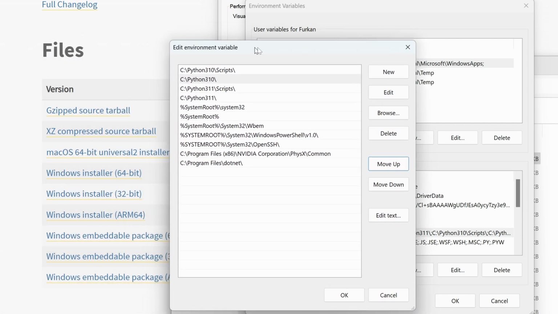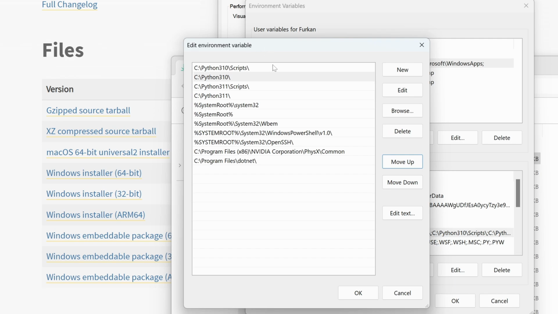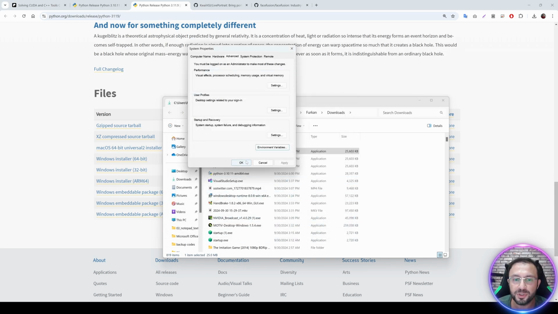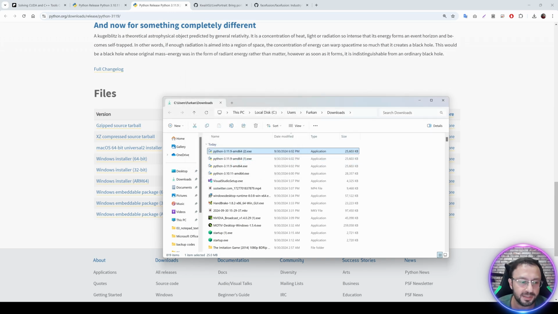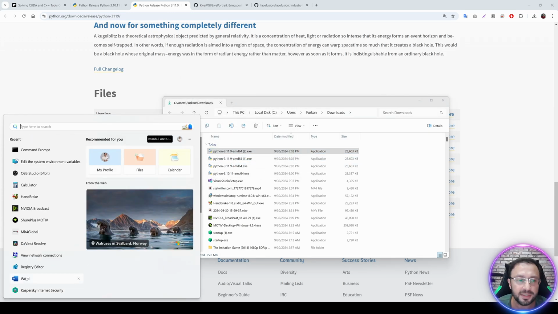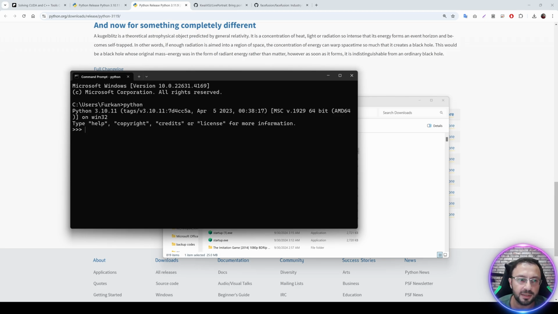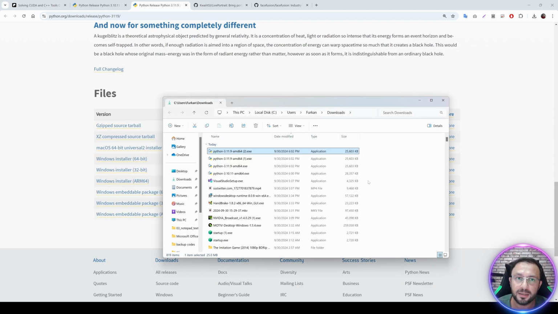So these system environment variables are read from top to the bottom. Since they are here, now it will use this one first. So Python 3.10 will be my default. Okay. And okay, when you change back the order, it will change the default. Whenever you make such changes, you need to start another CMD window and type Python, and you see now 3.10.11 is my default version. However, I have both of them in my system.